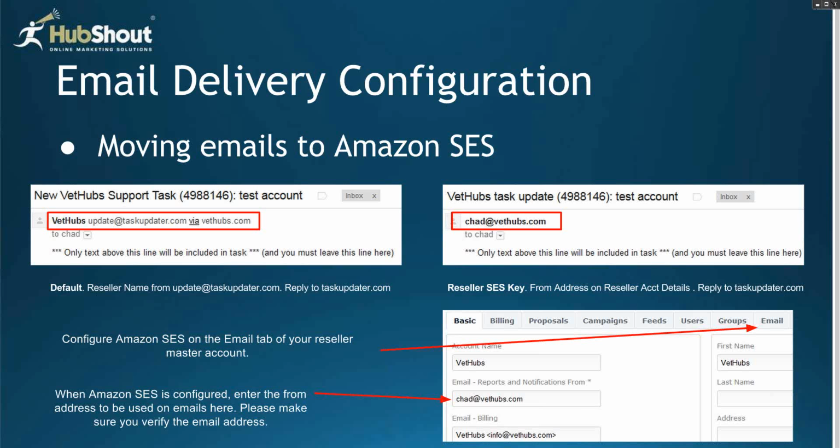Again, we're using your reseller name so that when the email arrives in your inbox or potentially one of your end customers' inboxes, they would see the name of your business, but the actual underlying email address is taskupdater.com. Now, there's a lot of platforms out there. You guys probably have other services that use Zendesk and other platforms that do something very similar, so we don't think in any way this impacts how the software operates or in any way creates a doubt